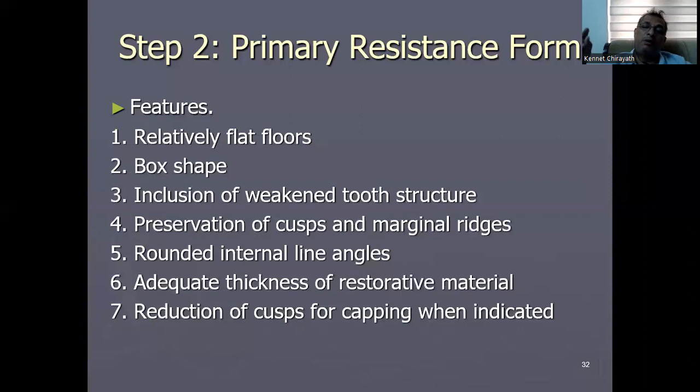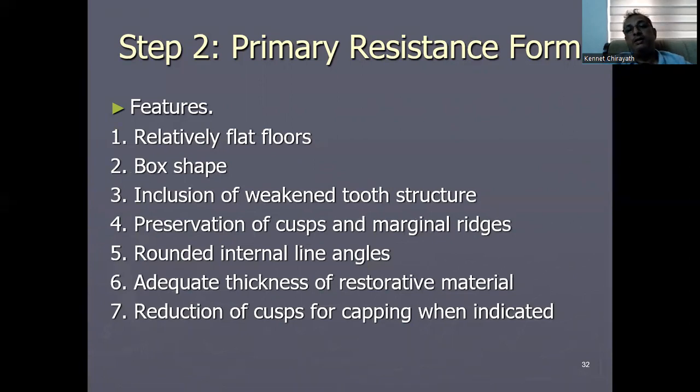Adequate thickness of the material: for the amalgam, 1.5 millimeter is the minimum thickness of amalgam to resist occlusal mastication. And reduction of the cusp: if the caries is extending to the cusp, we will give a cusp capping. Okay. So these are the features of the resistance. So we discussed the definition. Then comes the need for the restoration, objectives of the restoration. Then comes the nomenclature. Now comes the steps in cavity preparation, that is the outline form and the initial depth,